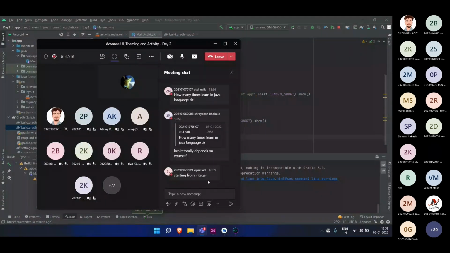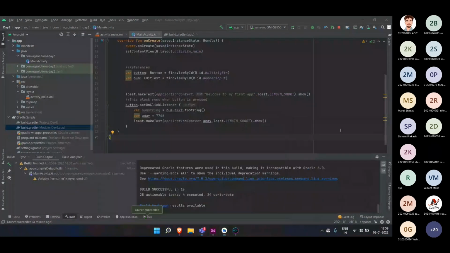That is the reason: this toast function supports only string type. Here there should be a string type, and I'm using this as an integer.